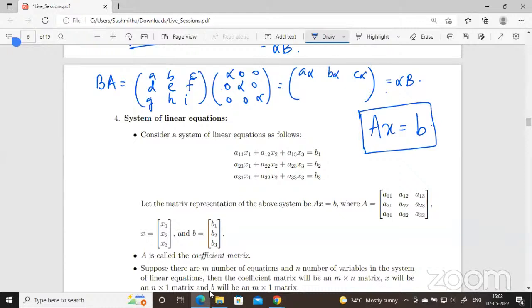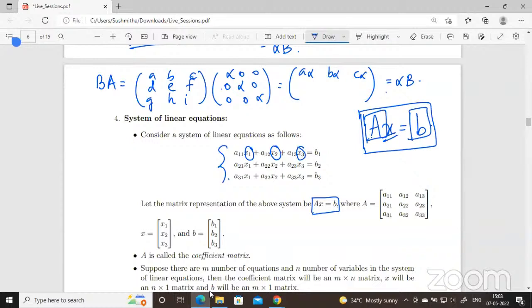All those problems can be modeled as Ax is equal to b, where A is the coefficient matrix, the data that's given, b is the right hand vector, and x is the vector of unknowns for which we are trying to solve. We want to find x such that Ax is equal to b. When I write it explicitly in equation form, I'll have something like this. Here I have three variables, x1, x2, x3, and a system of equations. I can write this in the matrix form as Ax is equal to b, right?